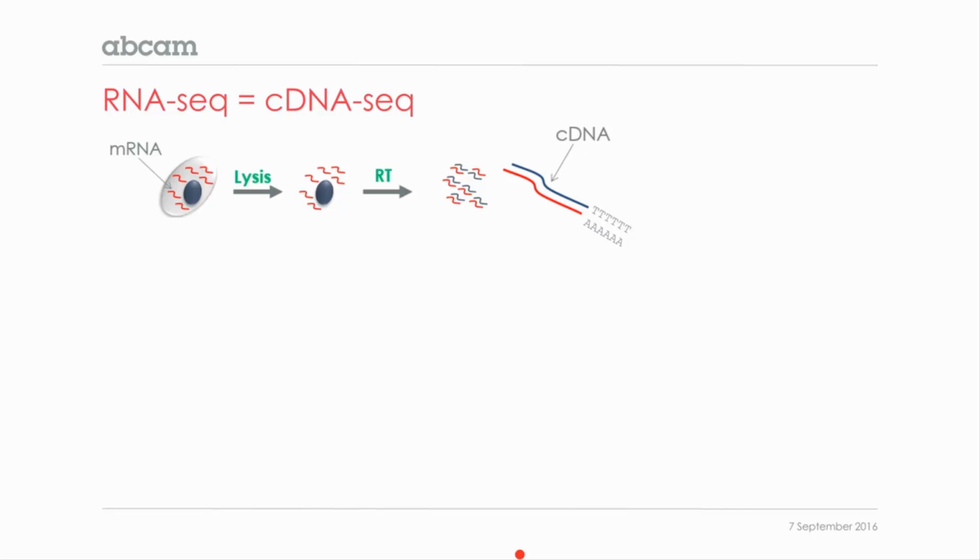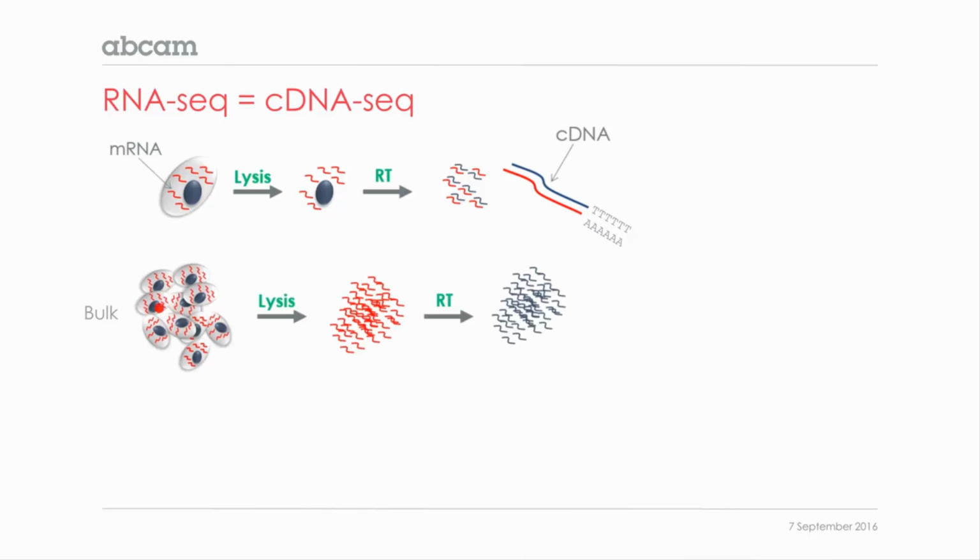Now, in bulk experiments, basically we have many cells. Sometimes people start with millions of cells. We lyse them. We get tons of RNA. We can reverse transcribe it and get a lot of cDNA. Then it's easy. We can immediately continue into standard library prep and sequencing. But in the case of single cell, of course, what we have is a single cell, and that's the whole idea. And what happens is that we end up, after the reverse transcription step, with very little material.